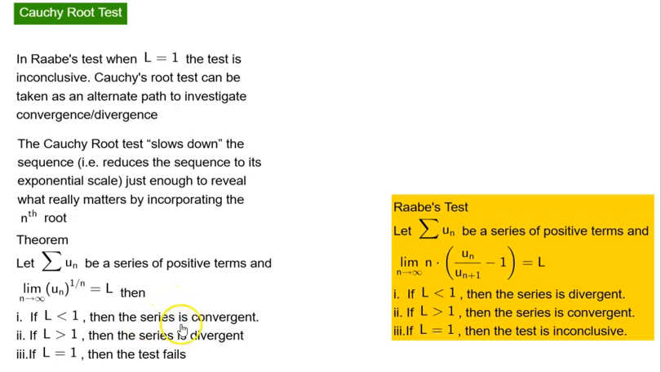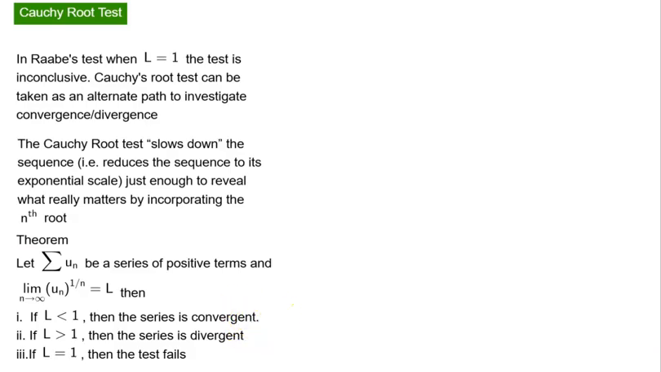Now here, be very careful between Raabe's test and Cauchy's root test. Because in Raabe's test, when L is less than 1, the series is divergent, whereas in Cauchy's root test, when L is less than 1, the series is convergent. So it's opposite. So you have to be careful. Also, the expressions on which we are taking the limits are different. So the limit as n goes to infinity of u sub n to the power of 1 by n is